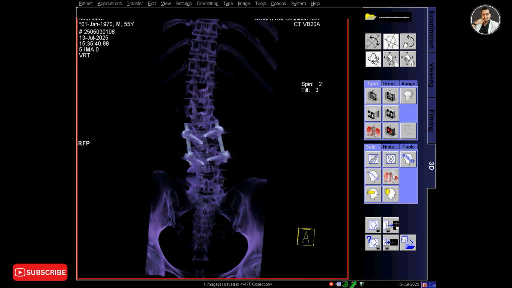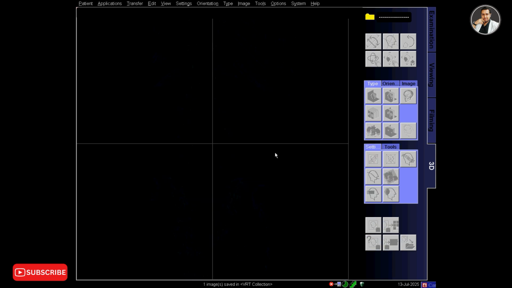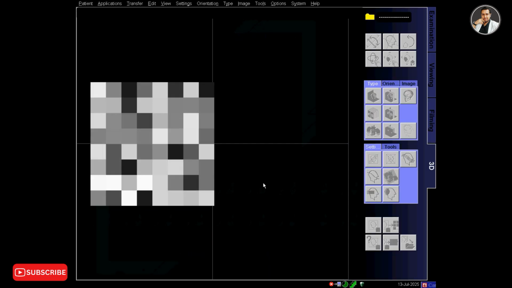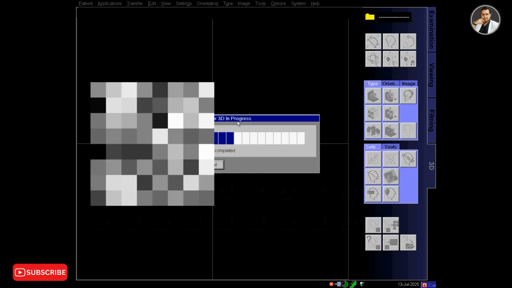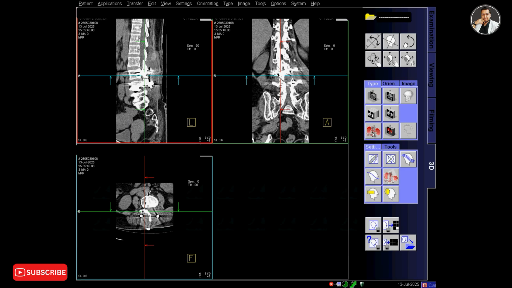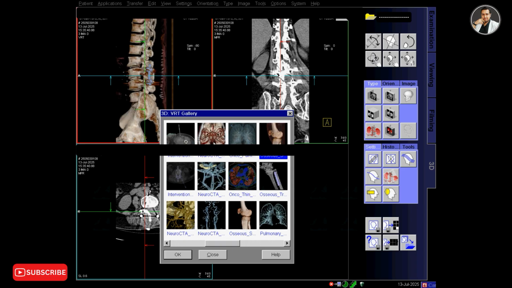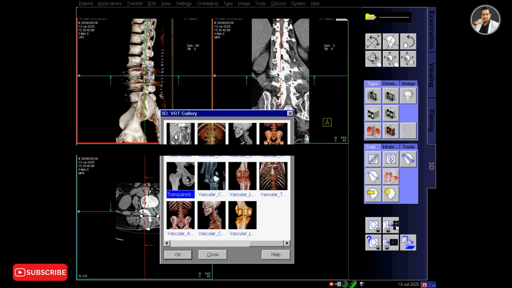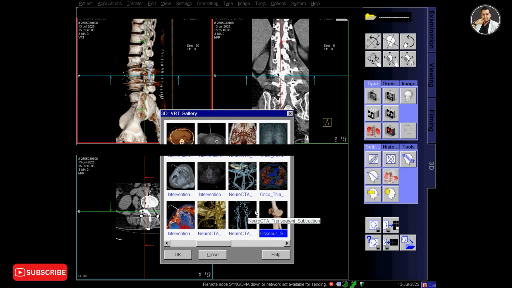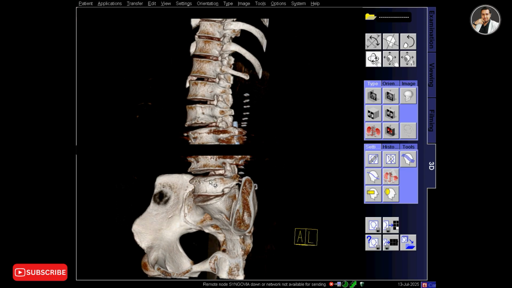To print these images you have to use a color printer and glossy paper, not the conventional radiographic film. If you have a color printer it's good, but if you don't have a color printer and glossy paper, you can print on A4 paper.